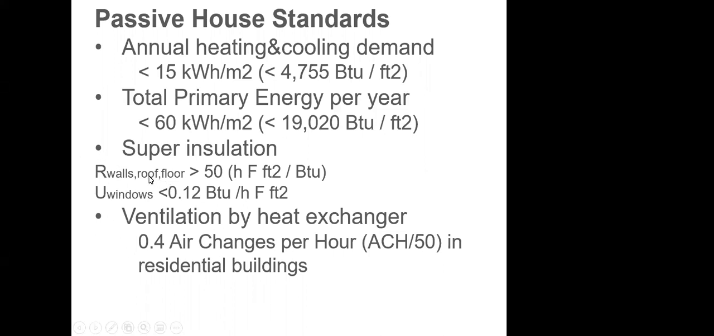So these are the requirements in terms of R value for walls and the U value for windows. We know that there's a relationship between the U value and the R value: U equals 1 divided by R. But for windows, we don't have the R value. In catalogs, we usually have the U, the thermal transmittance. So it has to be below 0.12. That means